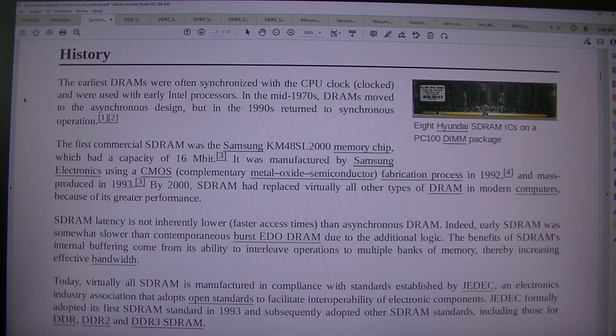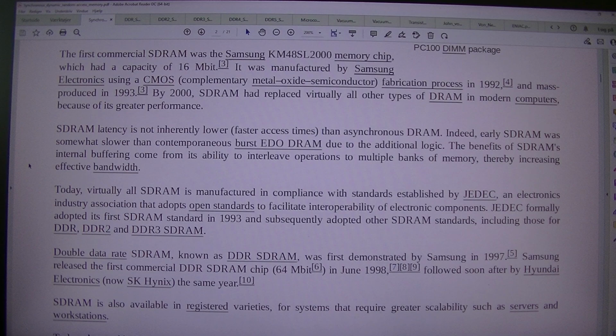The first commercial SDRAM was the Samsung KM48SL2000 memory chip, which had a capacity of 16 Mbit. It was manufactured by Samsung Electronics using a CMOS, complementary metal oxide semiconductor, fabrication process in 1992, and mass-produced in 1993. By 2000, SDRAM had replaced virtually all other types of DRAM in modern computers because of its